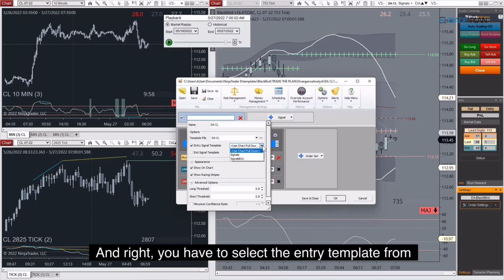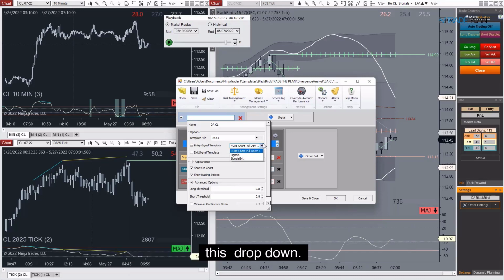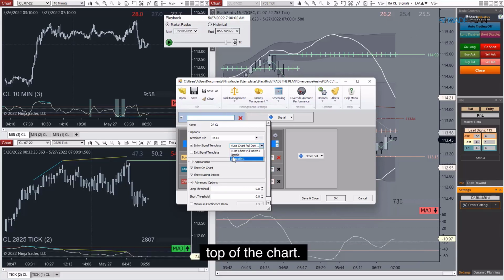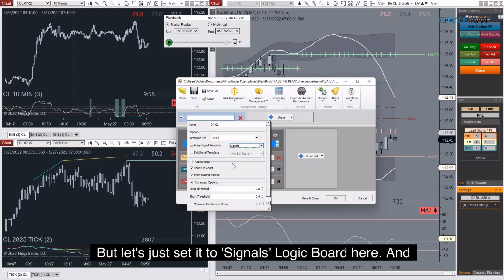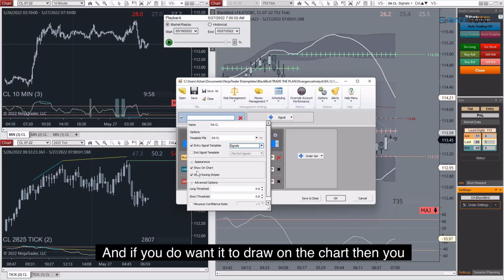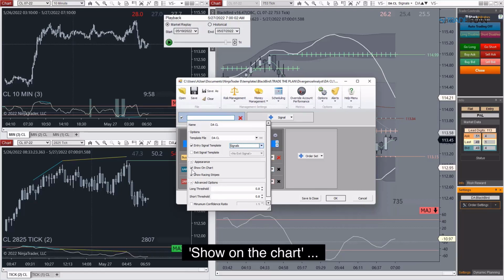And there it is. You have to select the entry template from this drop down. Now you could make it to where you select it from the top of the chart, but let's just set it to signals logic board here. And then here you decide whether you want it to draw on the chart or not. And if you do want it to draw on the chart, then you may as well remove the BloodHound indicator version. So let me walk you through that real quick. I've got it set to draw, show on the chart,